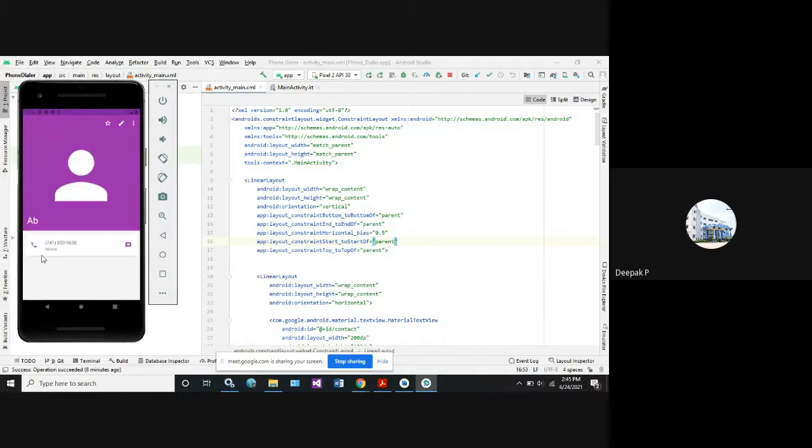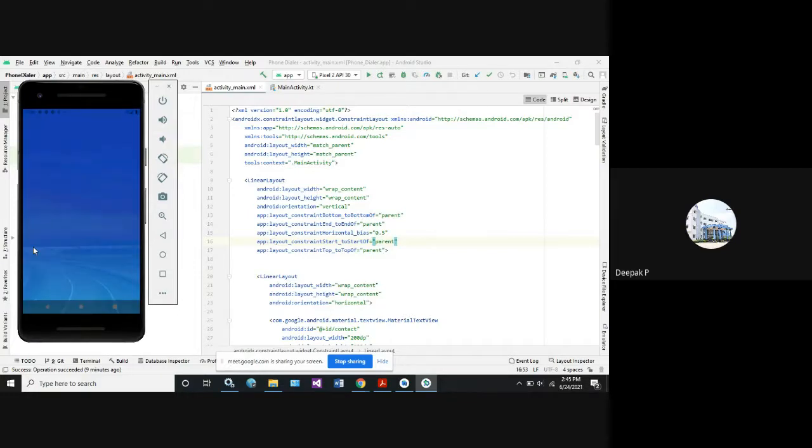Now if I click on this call button, it has to call the respective number. Sorry, people seeing the screen. So this is the output of your 8th lab program. Once you get the connection to the SIM or the subscriber of your mobile network, it is going to call the respective number. I hope everyone has seen the output, right?